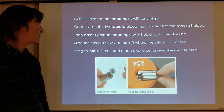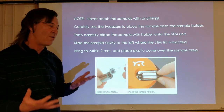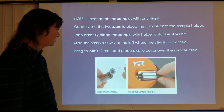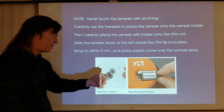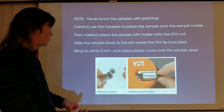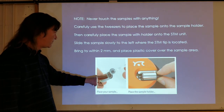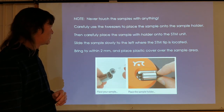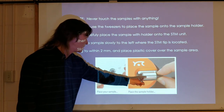All right, an important thing here is that you never ever want to touch the actual samples with your finger because you're going to have some oils on your finger. Oils are not very good conductors. So you want to keep the samples as clean as possible. You want to use tweezers when you're taking them and putting the sample holder onto this guy, the big cylinder holder. That's a magnet right there. When you get it close to it, it'll pull right to it. Once you have it on there, you can use the tweezers sideways to center it how you want, and we're good to go. And then we're going to load it from the right, slide it really close, and then